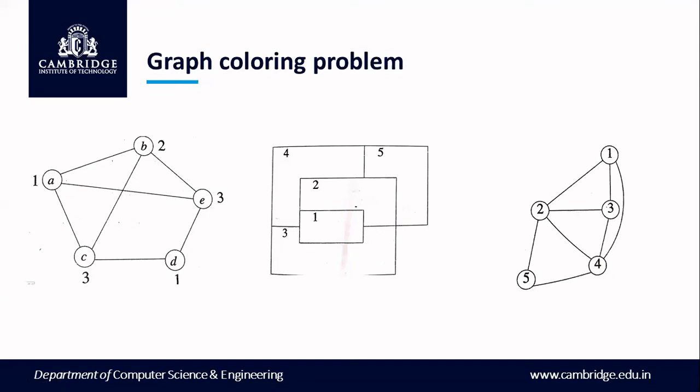So you can see here that vertex 1 shares a border with vertex 3. Therefore, there is a connectivity from vertex 1 to vertex 3. Vertex 1 shares a border with vertex 2, so vertex 1 is connected to vertex 2. Vertex 1 shares a border with vertex 4, so vertex 1 is also connected with vertex 4. Like this, we can deduce a graph from this block of values, and then from there we can perform coloring.